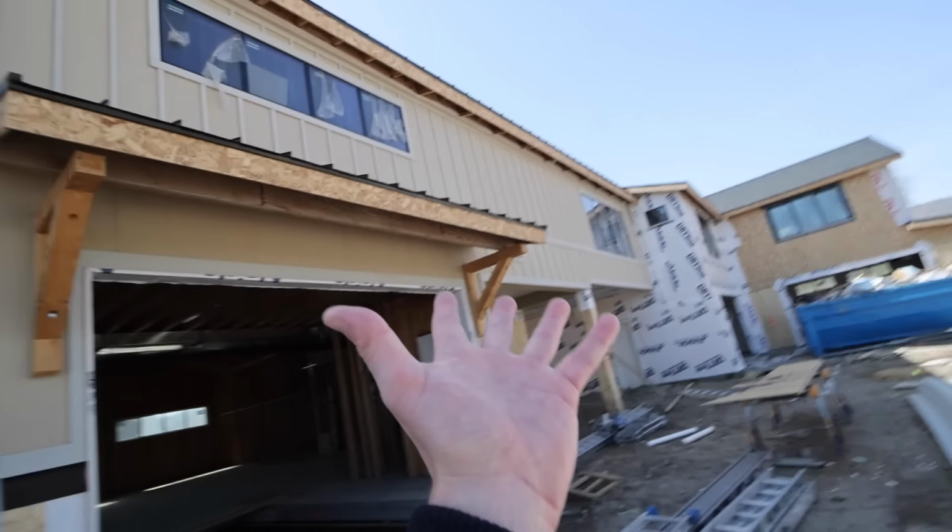Check this out, though. Oh, yes, we got exterior siding going on the house right now. These guys have only been out here since 7 a.m. this morning. They've done this entire wall right here, and then check this out, too. Now, this color looks a little bit odd, and I realize that it's gonna be painted black soon. When? I don't know. Now, honestly, I could stare at the new board and batten all day long, and you guys probably could as well,